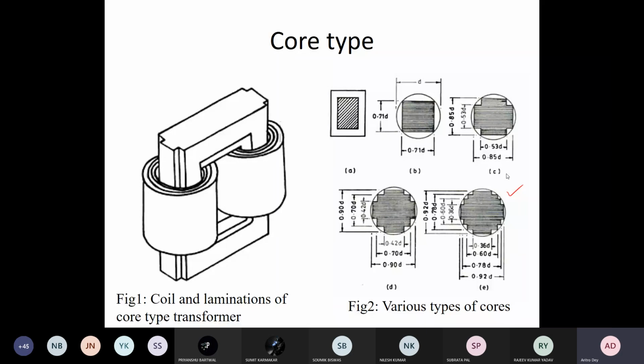So that's why you have to stack like this, so that you get an approximate circular cross section. And here if you go like this, you will have more losses, which we do not want. Therefore we go for this kind of cross section. But this is also possible, we cannot say that it's not possible, but for better efficiency and depending on the designer, they prefer this kind of cross section of the limb. Okay,